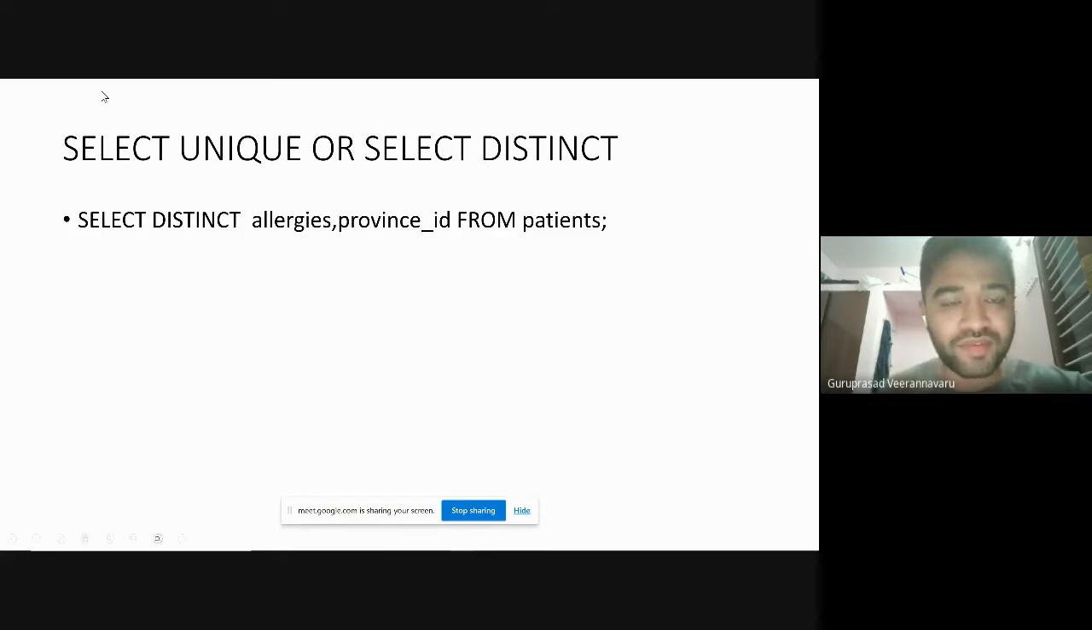So we did discuss one command yesterday. We were discussing select commands, right? So there is one more such that is called select unique or select distinct. What it does is it gives us all the unique or distinct elements from a column. Just to show you the example,